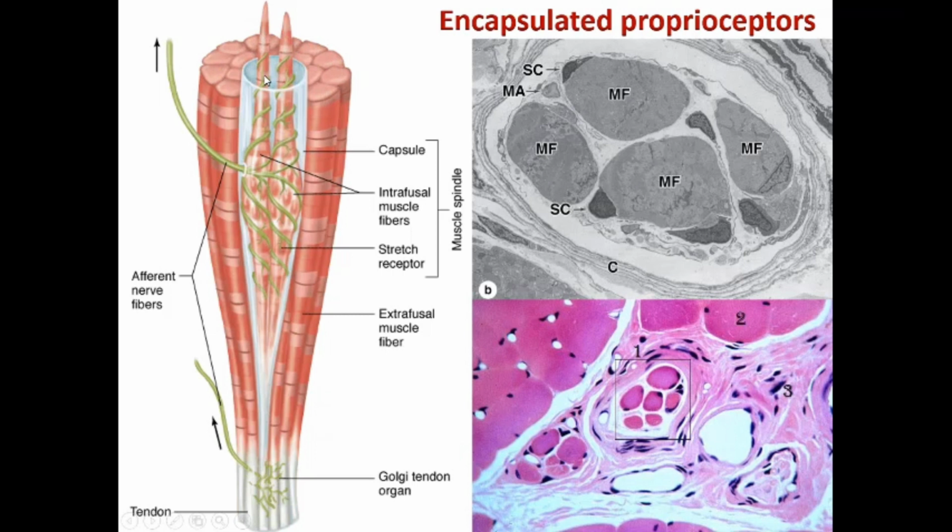This muscle fiber within the muscle spindle is called intrafusal muscle fiber, and the other muscle fiber is called extrafusal muscle fiber. You can see the sensory fiber penetrate into the muscle spindle and wrap around the modified intrafusal muscle